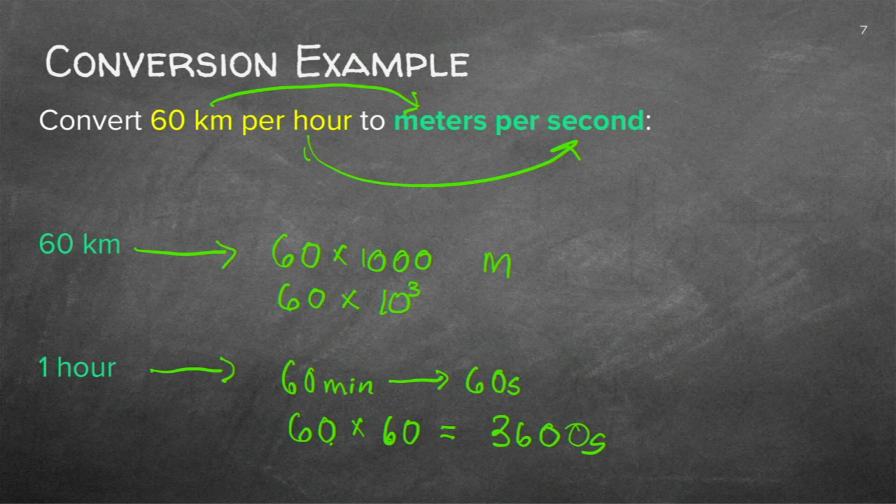So how will we convert the 60 kilometers per hour into meter per second? Well, we've already done the kilometers and the hour separately. So I'm just going to write down how you will write this down in a conversion question. You will then actually have 60 times 10 to the minus 3, which you'll substitute in the place of 60 kilometers, because this is now meter, and I can substitute 1 hour with 3,600 seconds. Quickly do that calculation with your calculator.